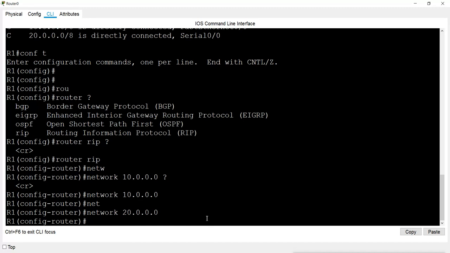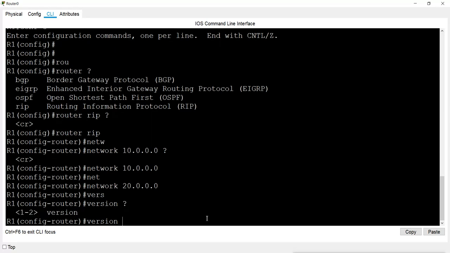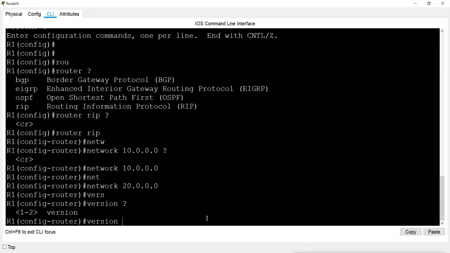So we use the command version, and then we can decide which version we want. By default it goes for version 1, and if we want, we can choose version 2 also. But remember, if you choose version 1 here, then you have to choose version 1 on all the other routers you have in your network.